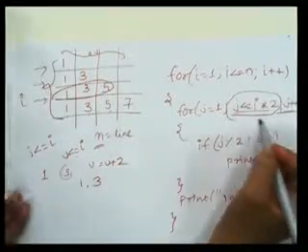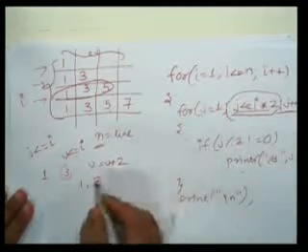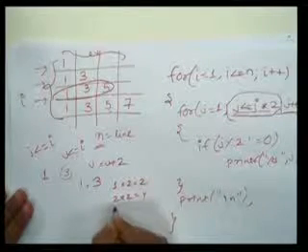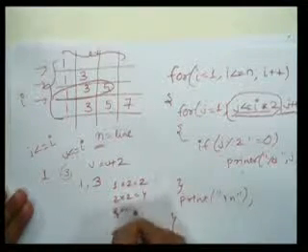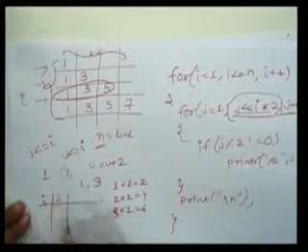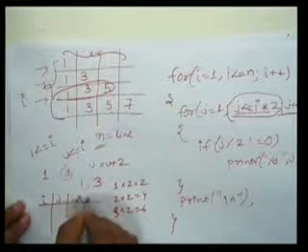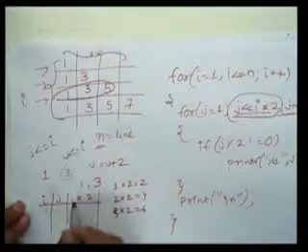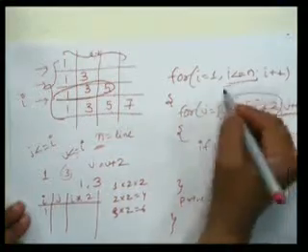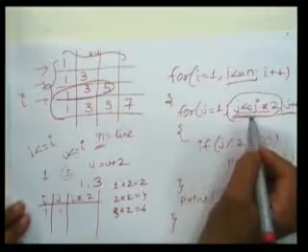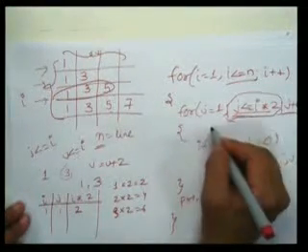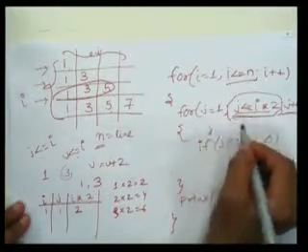So what I have thought was i into 2. So what does it make? First time 1 into 2, that is 2, then 2 into 2, that is 4, 3 into 2, that is 6. Okay, you can trace this way: i, j, and i multiplied by 2. i starts from 1, the condition is true, so it comes inside. j starts from 1, j is less than or equal to i into 2. What is the value of i into 2? That is 2, right? Now the condition is true, since it is less than or equal to.